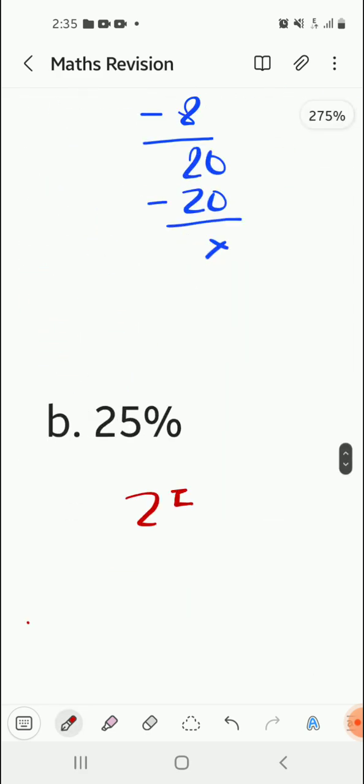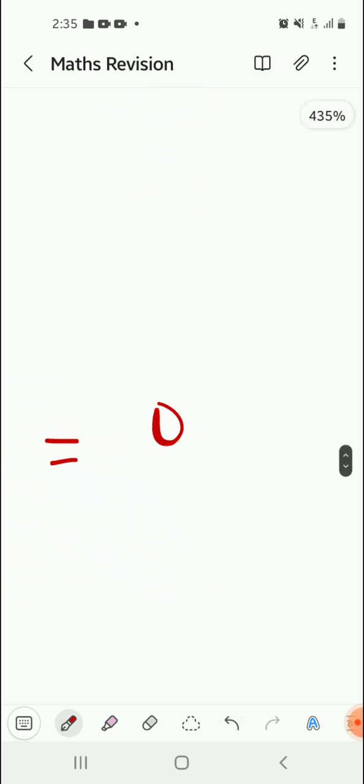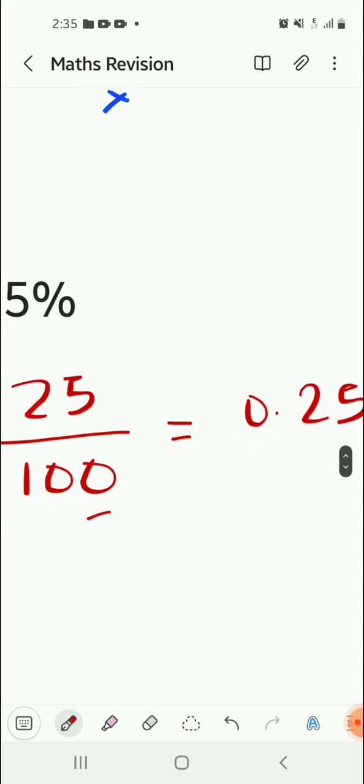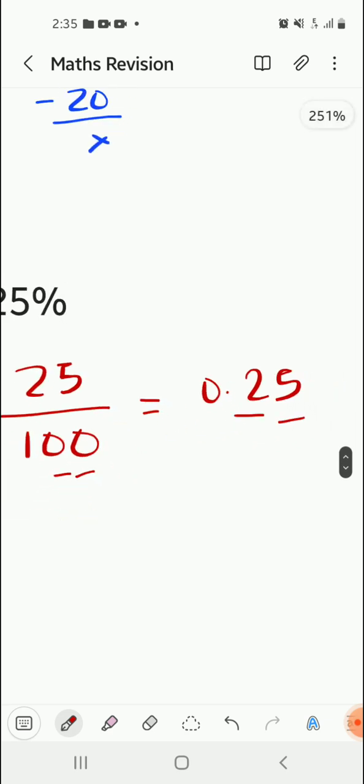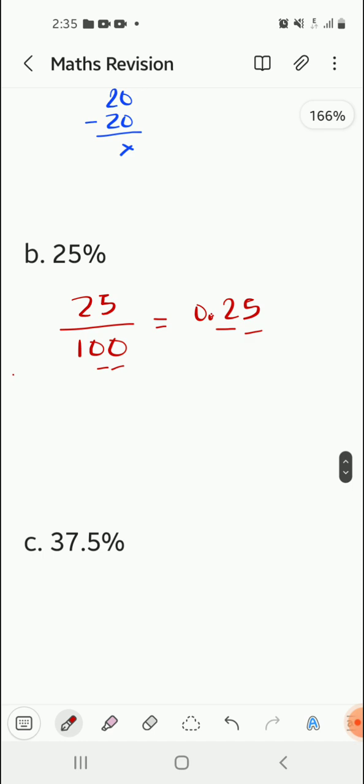25%, that is 25 by 100, because of the percentage sign, this is divided by 100. Now simply 0.25, because there are 2 zeros, so the decimal place will be 2 here. So we'll insert a point just before that. So this becomes 0.25. Moving on to